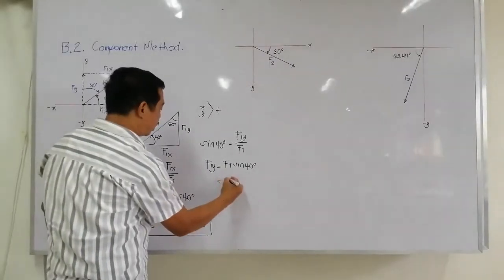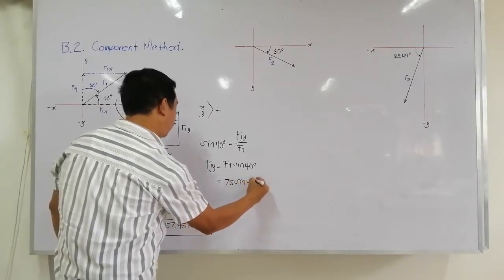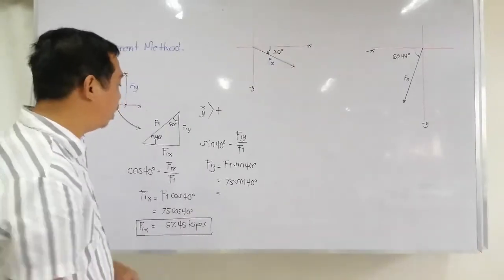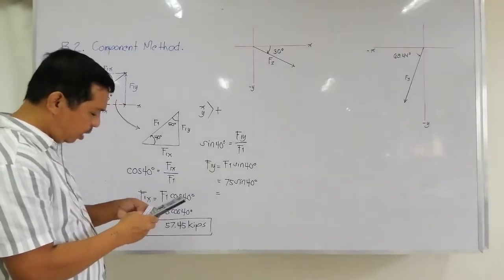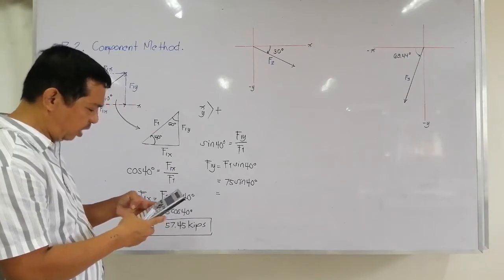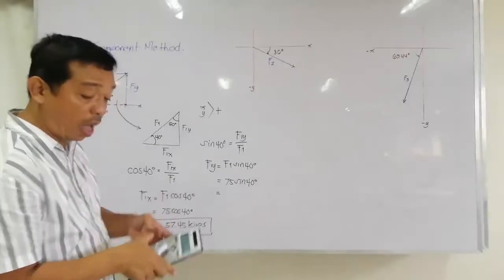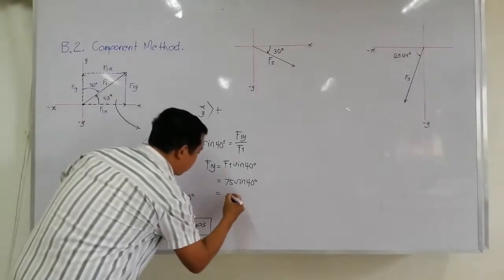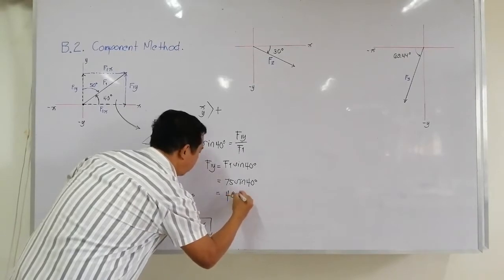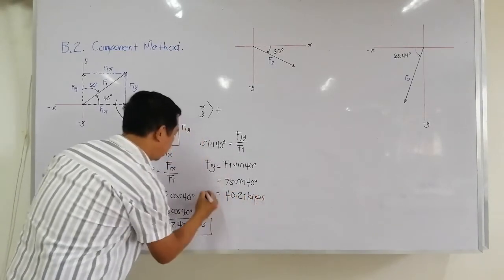So that would have to be 75 kips times the sine function of your 40 degrees, giving you an answer that's equivalent to 75 sine of 40, execute. 48.21. 48.21 kips. So that represents your